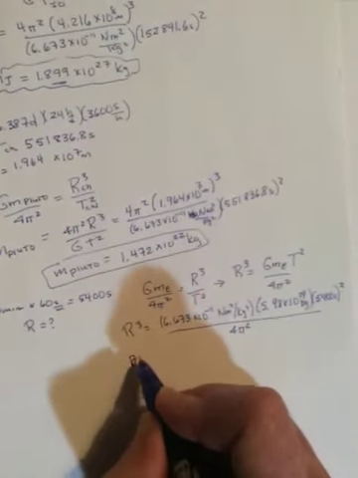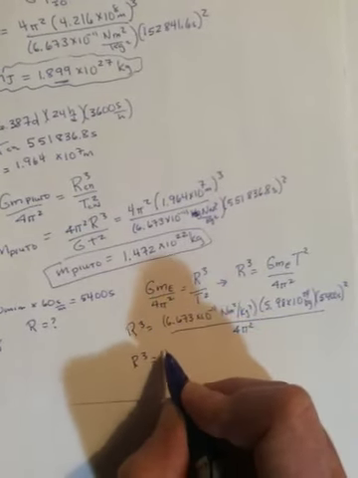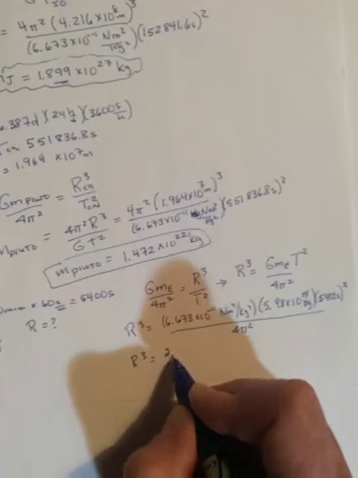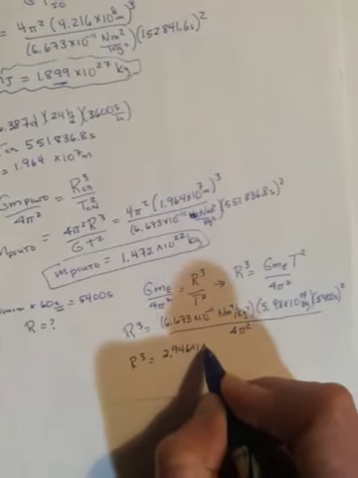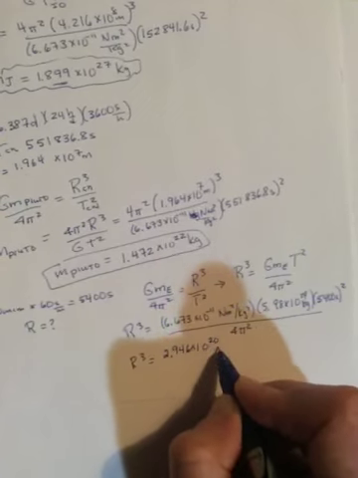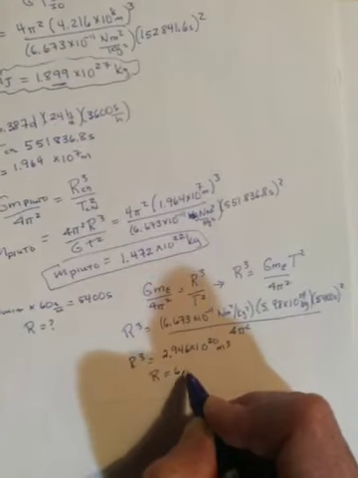Okay, and what you're going to get is going to be R cubed. So remember, you're going to need to take the cube root of that. So it's going to be 2.946 times 10 to the 20th meters cubed. And so then taking the cube root, 6.6